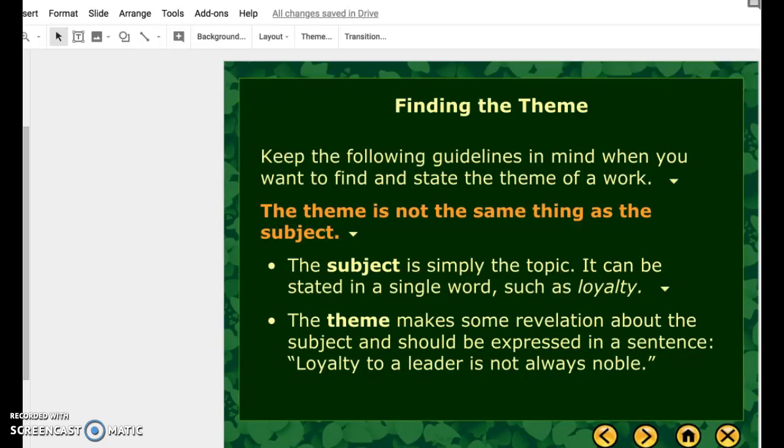Now, finding a theme and finding a subject are two different things. A subject is simply the topic. So the topic of a story might be about loyalty, but the theme makes a revelation about that topic. So it's not just loyalty, but the theme could be like loyalty to a leader is not always noble. So think about theme not as the topic or the subject of a story, but as what we find out because we're learning about loyalty, what we find out because we're learning about sharing,